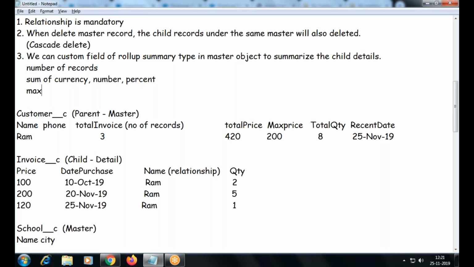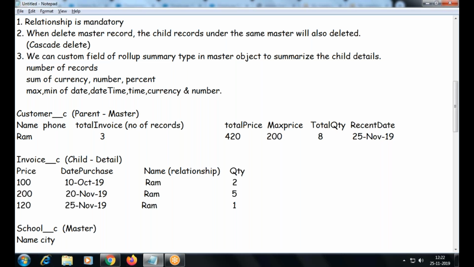And maximum or minimum of currency, not only currency, date, time, currency, and a number. People follow this or not?